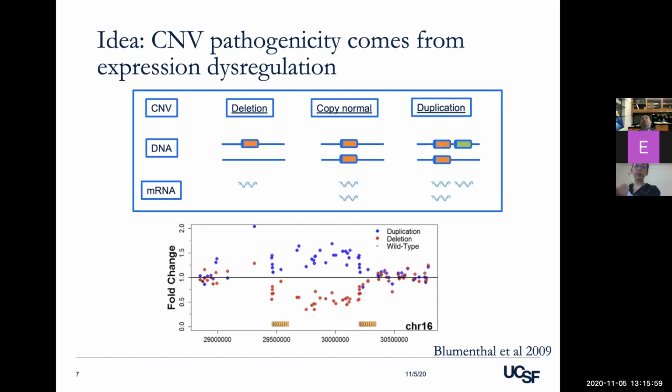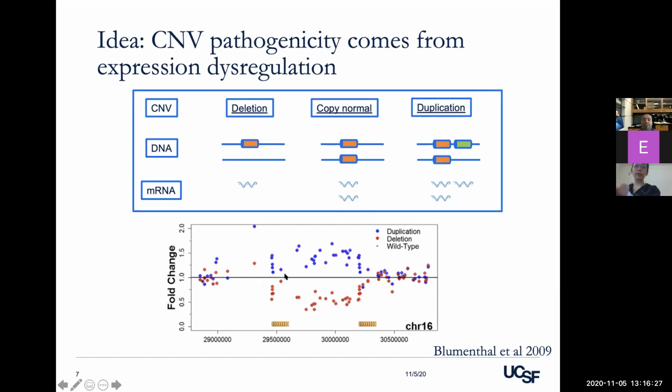And of course, the more or less RNA, the more or less protein you have. So that's the idea that we're working in. Now, we know that this is actually happening because people have measured RNA levels of people who have deletions and duplications